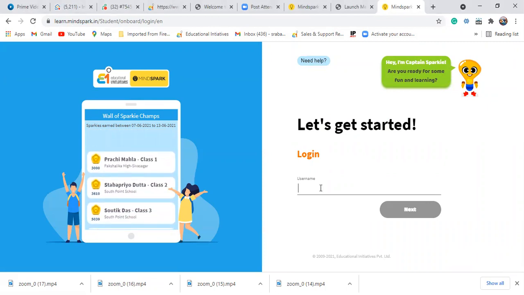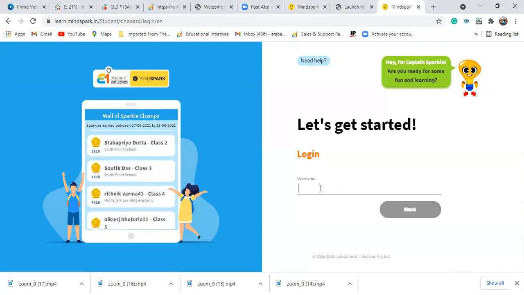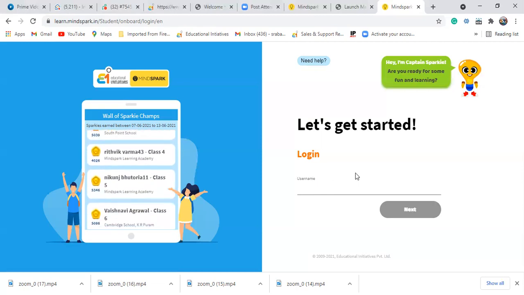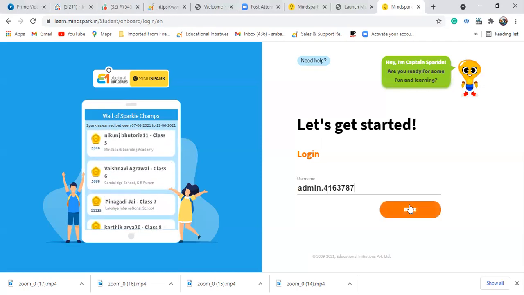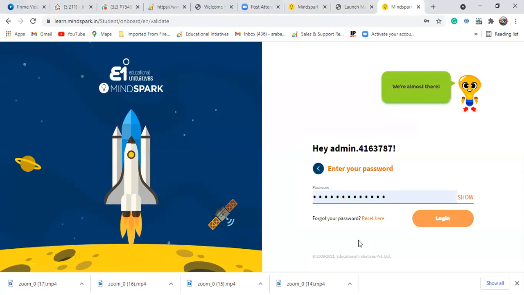Let me start with the maths interface first. I am using the school admin ID so that I can go into all the interfaces. Otherwise, I have created the teachers' IDs, and teachers can go into their own interfaces, their English, maths, and science interface.